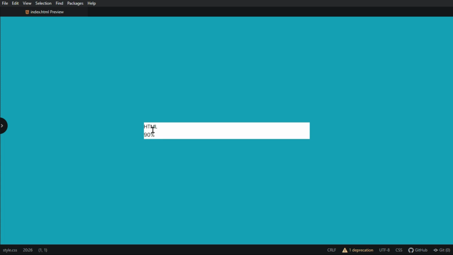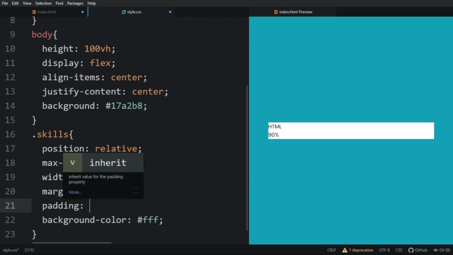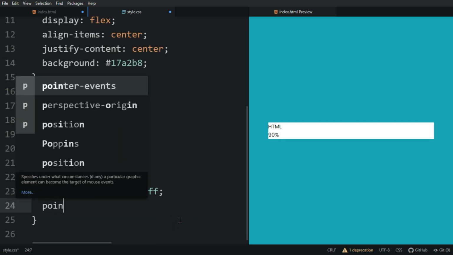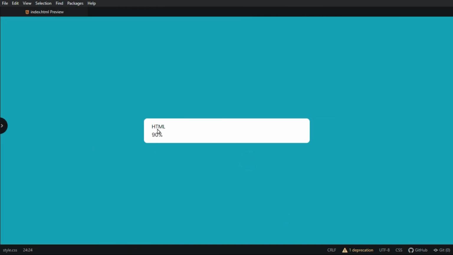Right now our content is touching the edges, so we will give a little bit of space here. For that, again come back to the CSS file. Here we will give margin 0 15 pixel, padding 12 pixel from top and bottom, 15 pixel from left and right side, border radius 10 pixel, and pointer events will be none. Refresh the web page again. Now we can see it has taken 15 pixel margin and 12 15 pixel paddings, and this box is slightly curved from